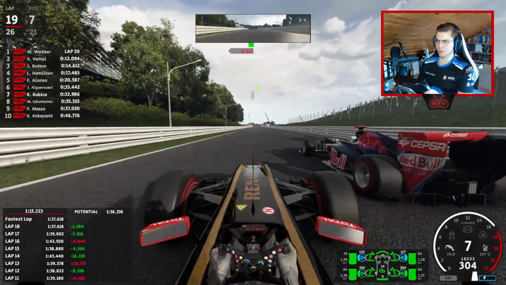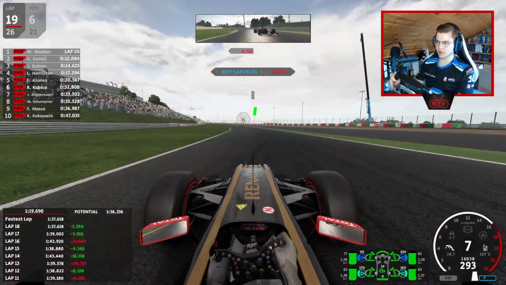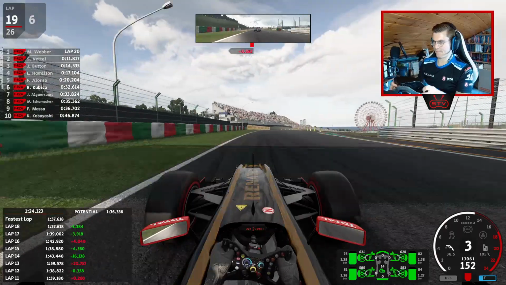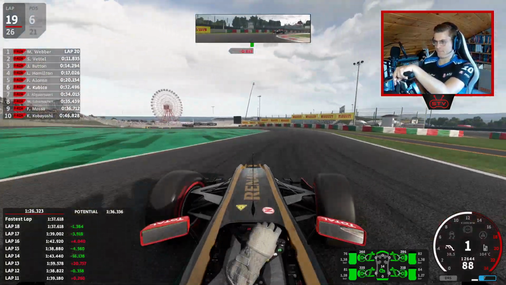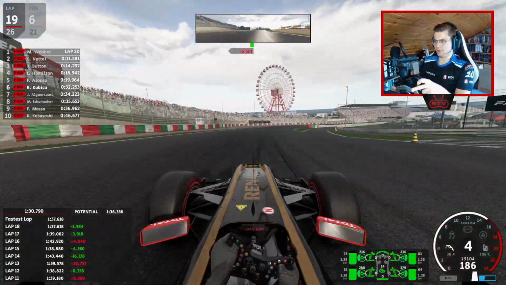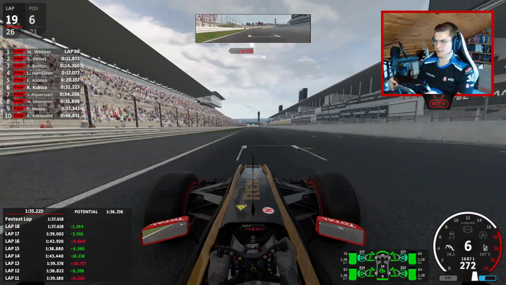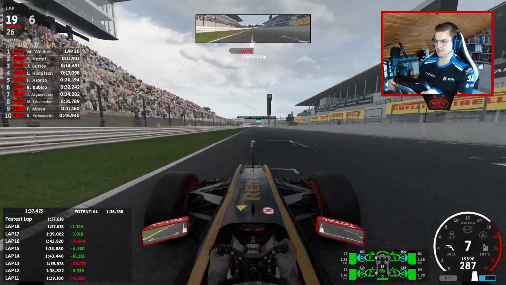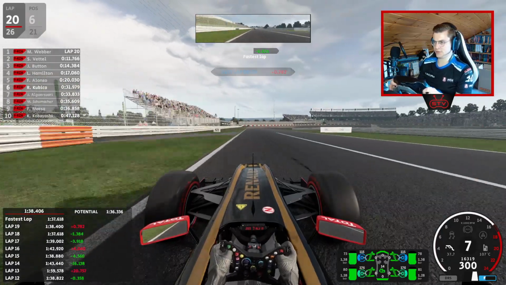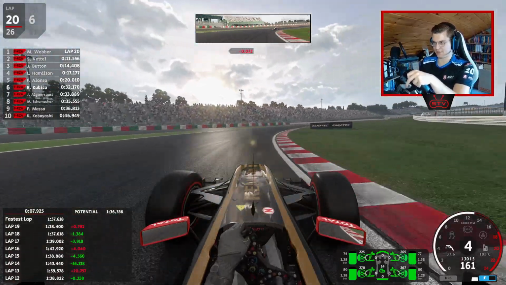Oh wow, he's quick! I used up my entire curse boost to get past him here. Gee. But I think that was important because the lack of grip that he currently has is appalling. So yeah, definitely important to clear him before the DRS zone. There was also no chance for him to counter that, if we are being absolutely honest, so...